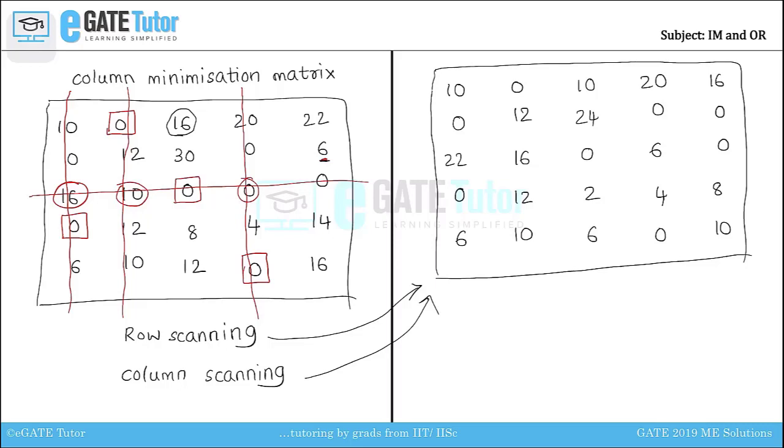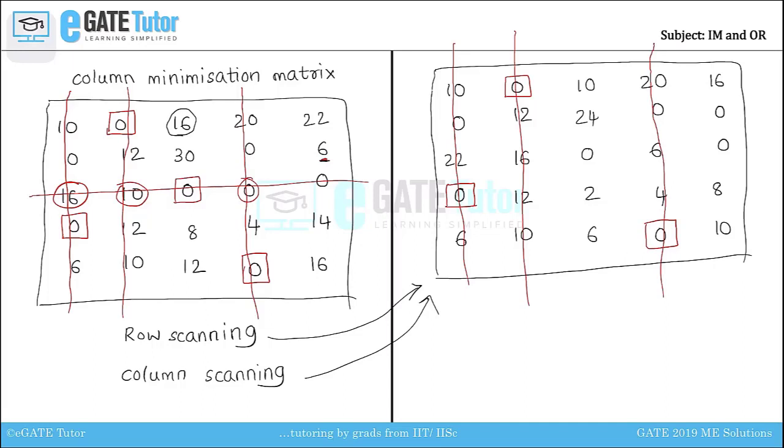In the row scanning, let us look at the first row and make a box around the 0 which is present in the second column of first row, and let us cancel out that particular column. Coming to the second row, we have 3 zeros, let us skip that. Coming to third row, we have 2 zeros, let us skip that. Coming to the fourth row, we have only 1 zero in the first column, so let us make an assignment around the first zero and cancel out that particular column. Coming to fifth row, we have only 1 zero in fourth column, so let us make an assignment around that zero and cancel out that particular column. So that completes our row scanning operation.